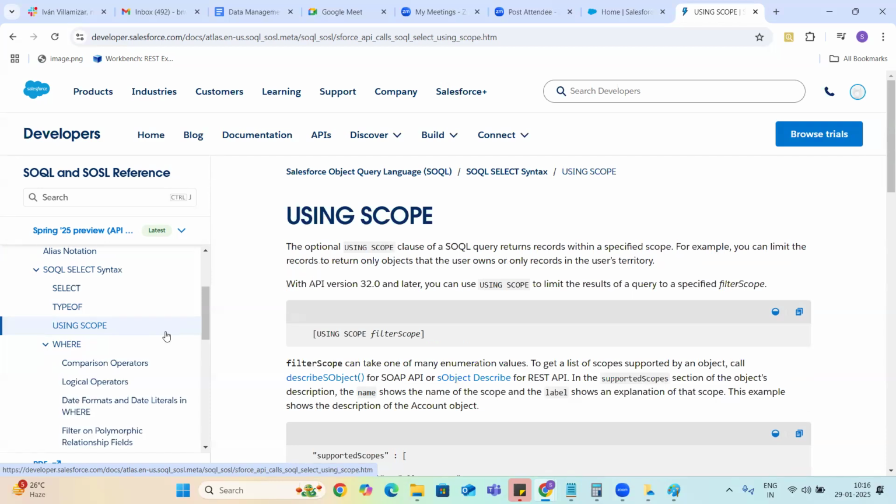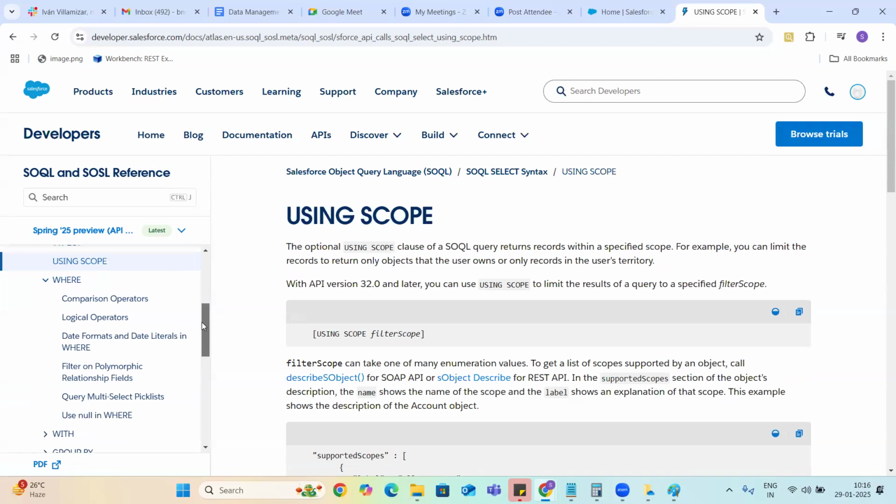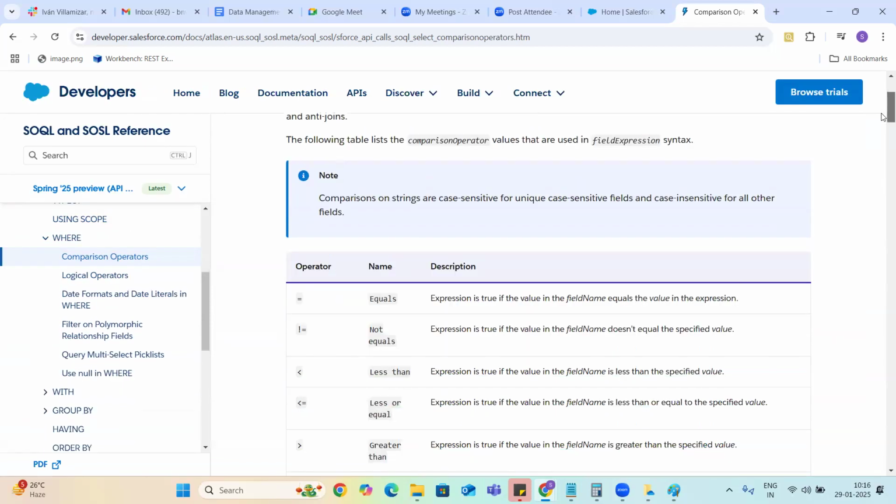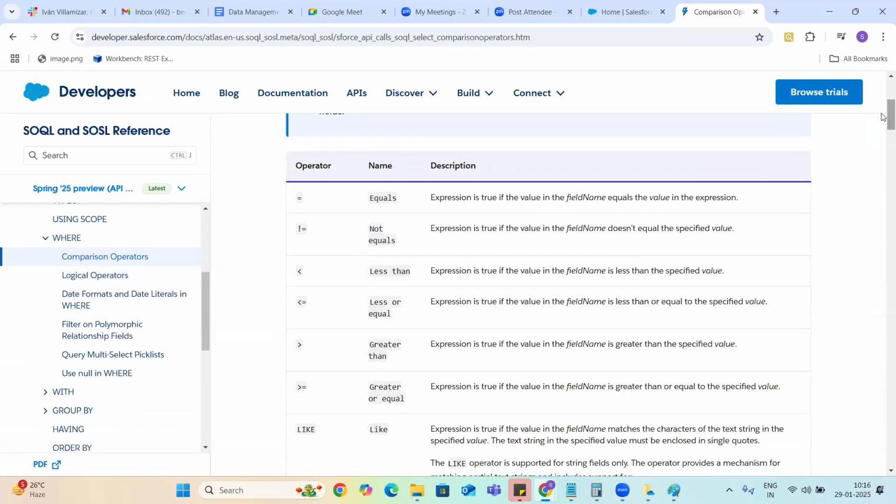The next thing you need to learn is the WHERE operator. Whenever you want to filter out records, we use the WHERE operator. Here it shows the different things: where Id equals this one, Id not equals this one, CreatedDate less than this one, less than or equals, or LastModifiedDate greater than or equals to.